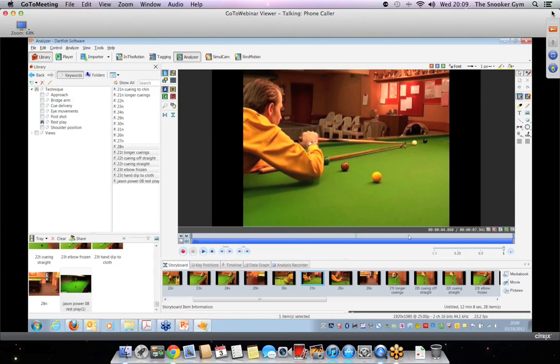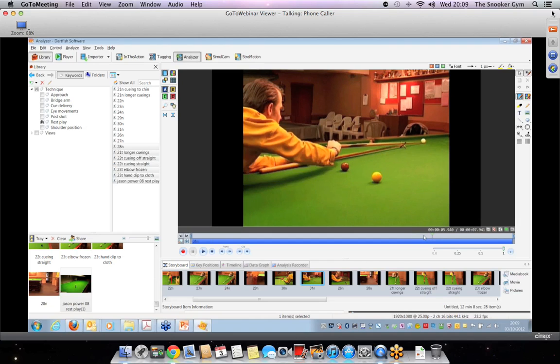I'm just frame advancing here. I'm moving the cursor in blocks along the process of the shot because the webinar format doesn't allow us to stream video reliably and accurately. But I'm just taking various clips from this